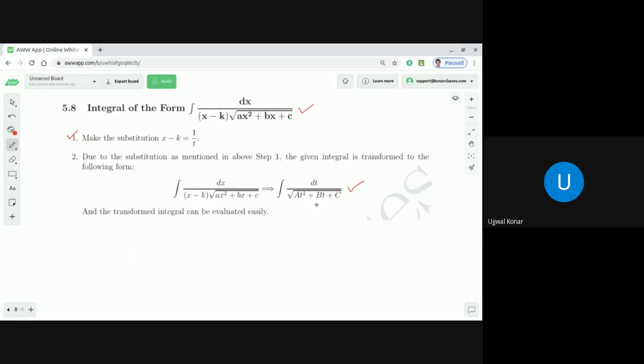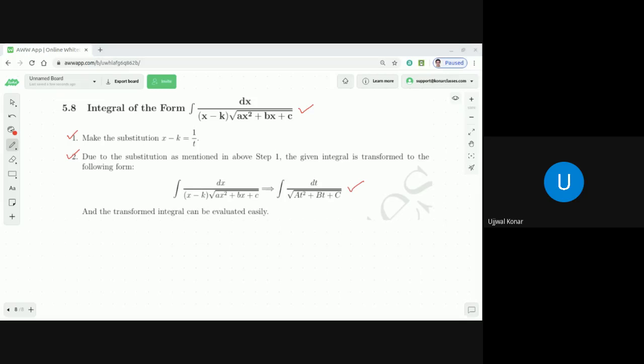Once you get this, after that you can do the completing the square. Remember, we did one. Completing the square, and then you can apply the formula of integration of dx by square root of x square plus a square. Correct? And you can proceed accordingly. This is a very important form that you should know. You should apply this concept. In fact, you can do one problem once the class is done, and you can let me know how things are going on.